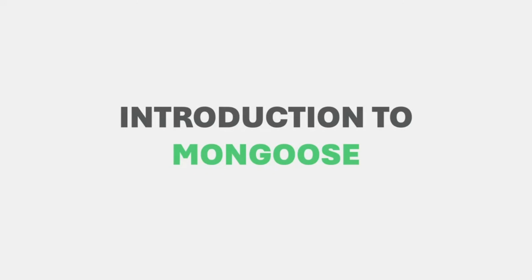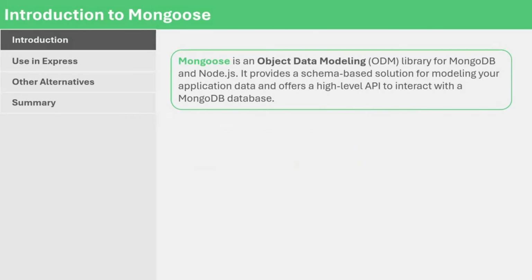Now, in this section, we are going to connect our Express application to the MongoDB database, which we hosted on cloud in the last section. And then we will create collections in that database and perform CRUD operations on those collections right from our Express application. And for that, we are going to use an ODM library called Mongoose. So Mongoose is an object data modeling library for MongoDB and Node.js, and it provides a schema-based solution for